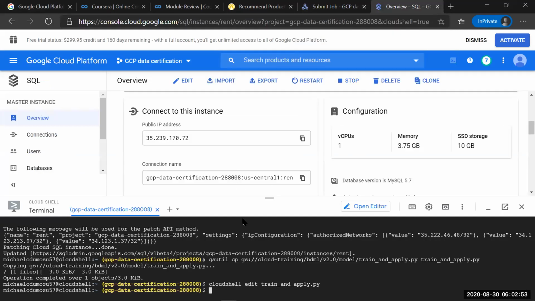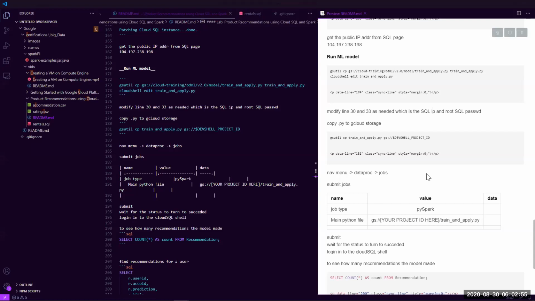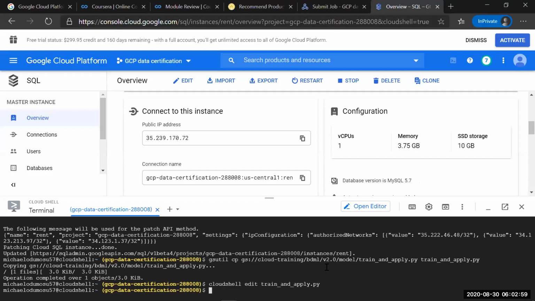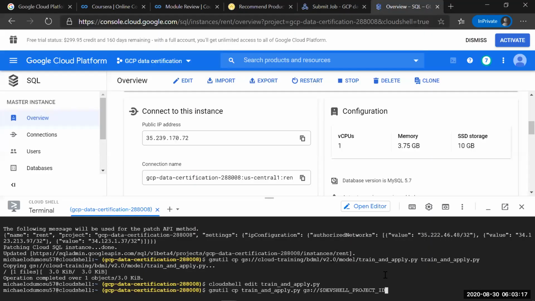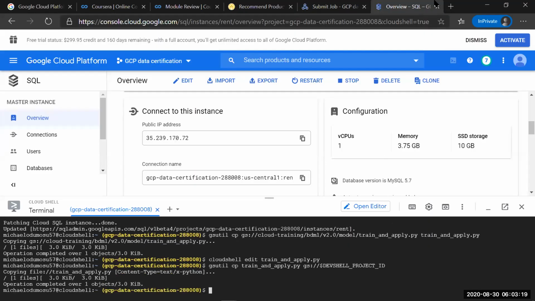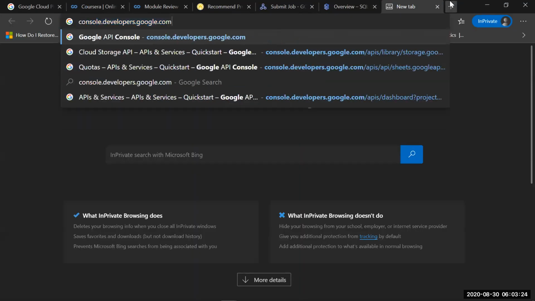But storage should be in one place. So we want to copy our machine learning model and put that into storage. And this environment variable just targets the project ID, which is the name of the storage bucket. If you actually go ahead and take a look, if you go over to the console,